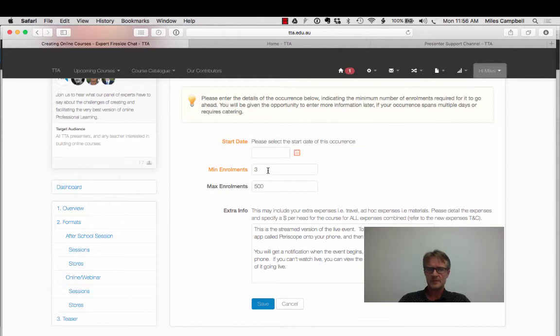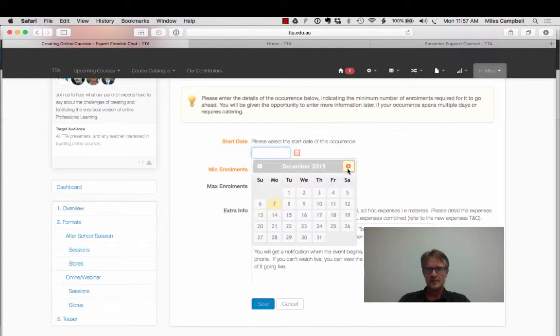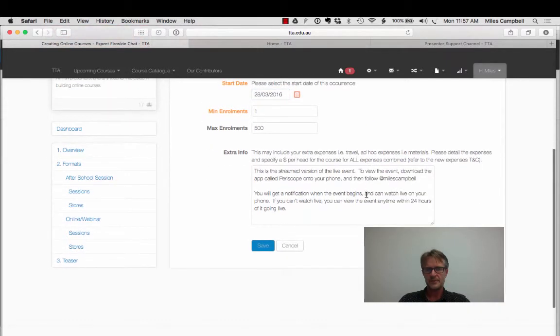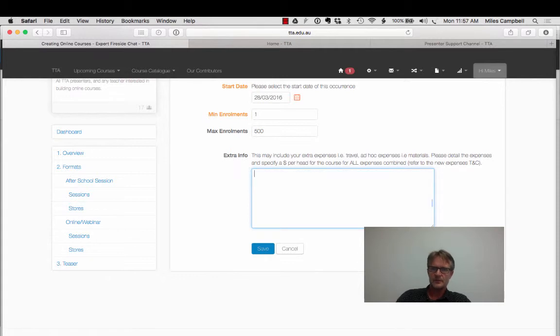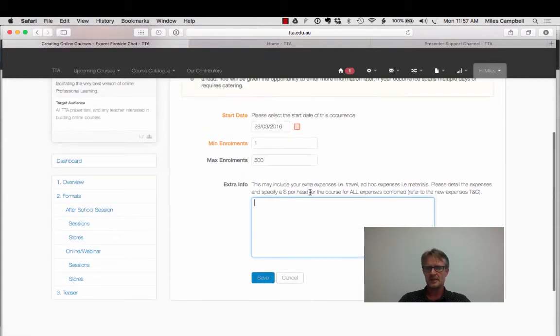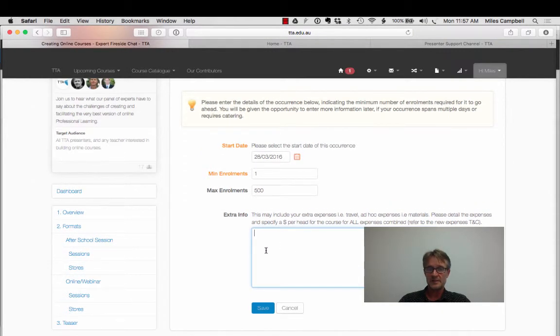Minimum enrollments, for a lot of people, they will even go with 1 online, but that's up to you to select what would be the minimum number of enrollments that you would want to take. Let me put in my March date again. This one I'll do March 28th. Any extra information, again, this is for expenses mainly, which are not going to be relevant for online courses, so you're probably going to leave this blank, but if you want to message anything to us, then that's the spot to pop it. We save that,